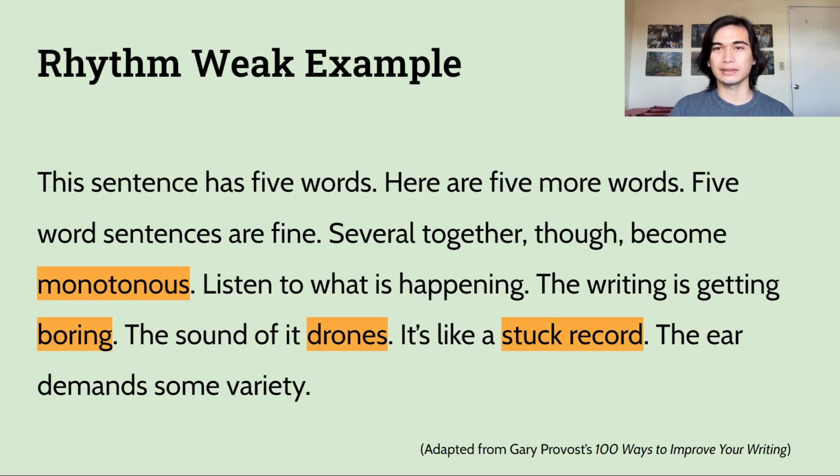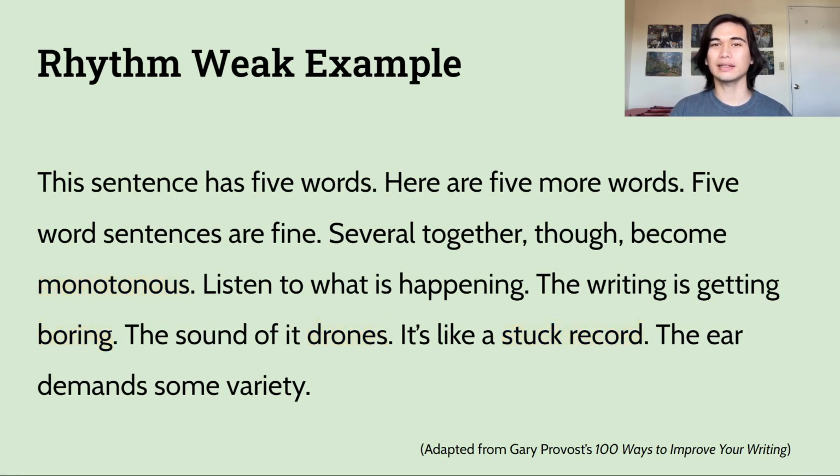Almost every sentence in this short passage has 5 words, giving a flat and repetitive tone. Every sentence is also an independent clause, and there are no dependent clauses. If you don't know what either of those means, we'll go over them later in the workshop. Just know for now that there's no sentence variety.